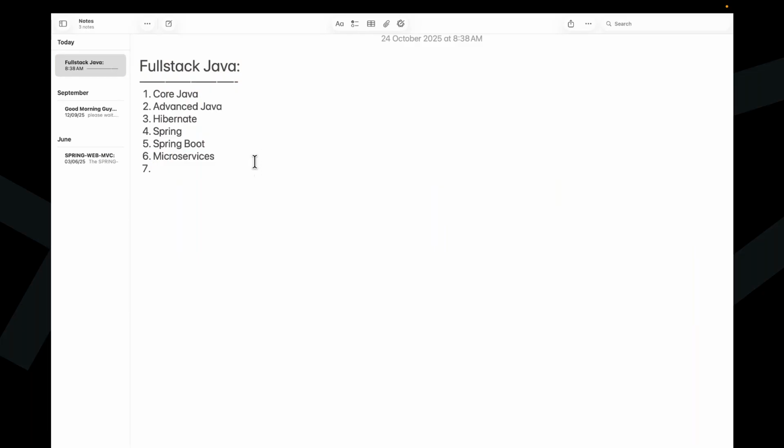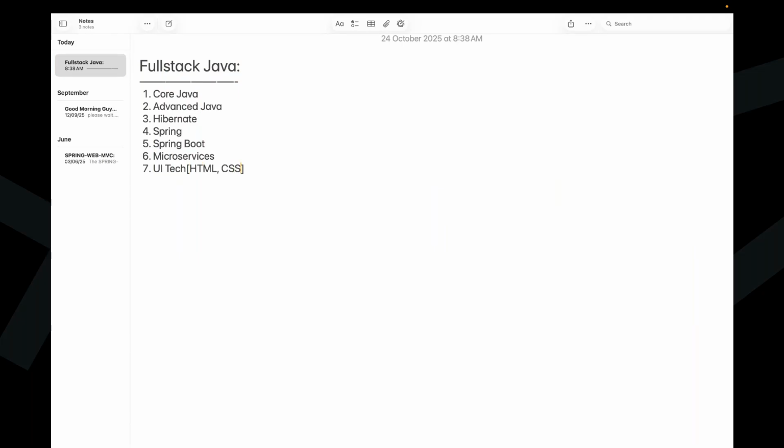Along with these Java related courses, we also have UI technologies, the basics of UI technologies. What are the basics of UI technologies here? We get